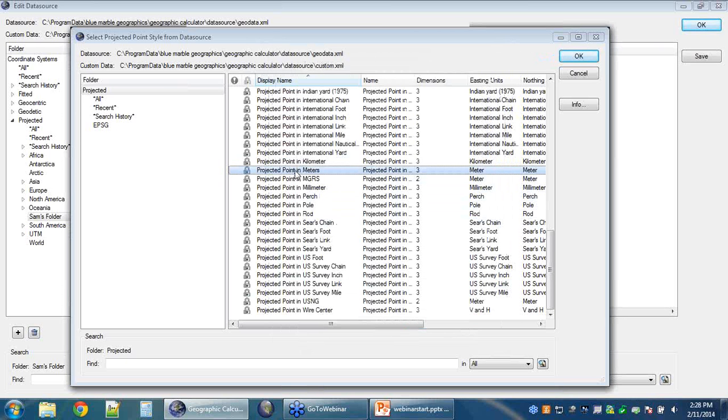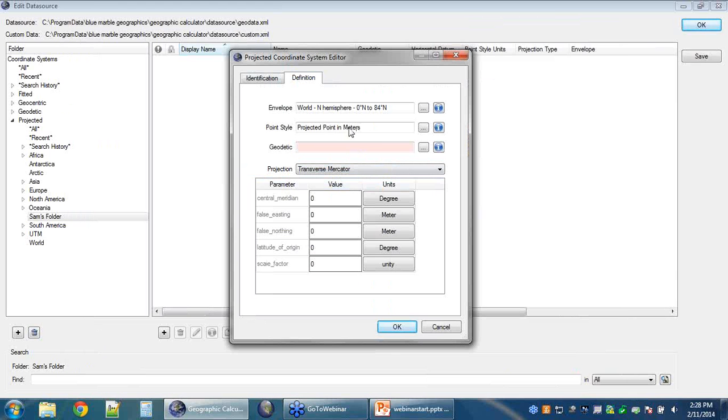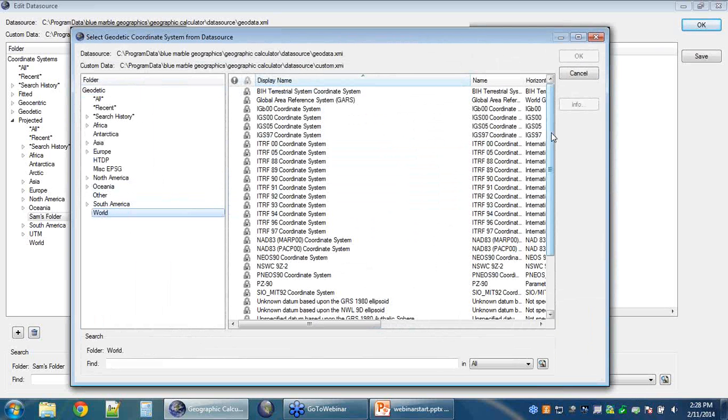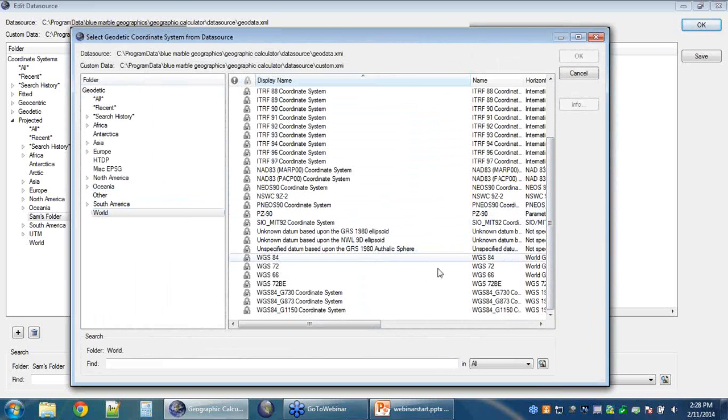So what I'm going to do here is grab onto my projected point in meters. So we're going to be working with metric coordinates in our projection. And for my large area here, the geodetic model, I'm going to put this onto a very common model used in the world right now. I'm going to put this onto a WGS84 coordinate system, sort of the current GPS standard. So this is basically the geographic coordinate system that goes along with the horizontal datum that your coordinate system is